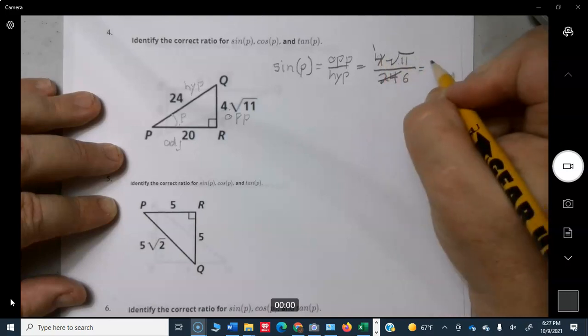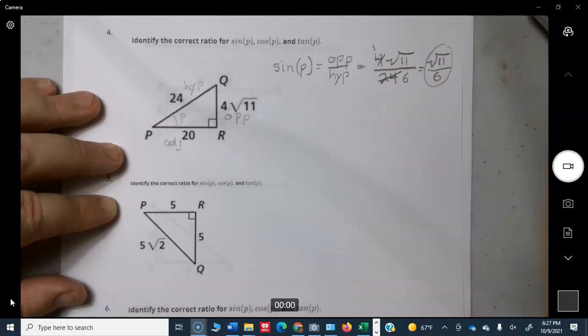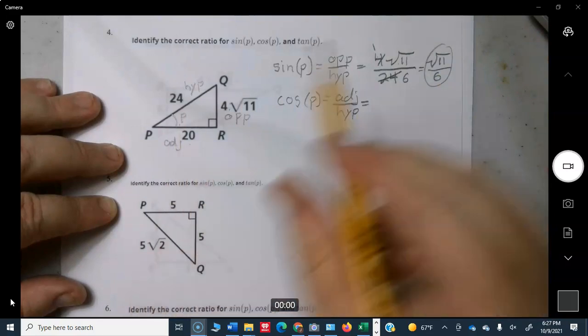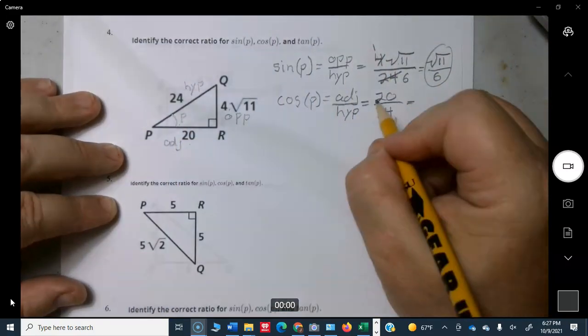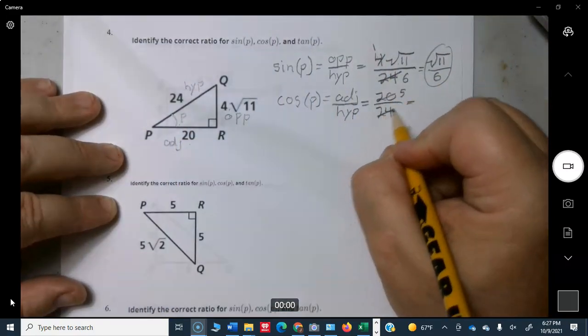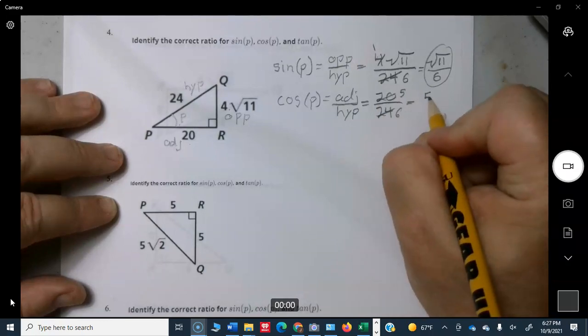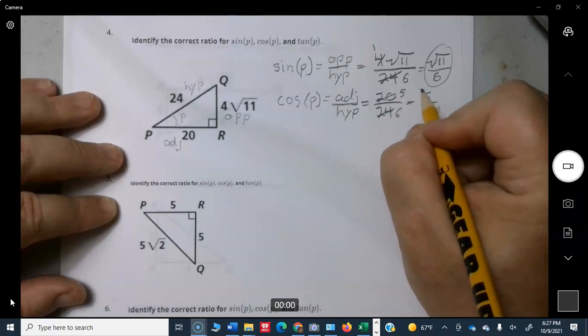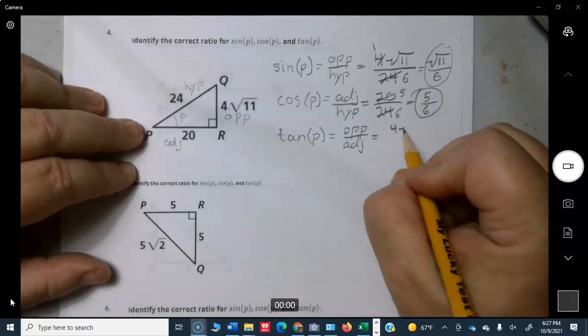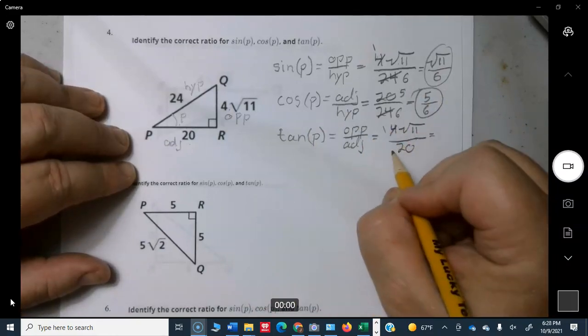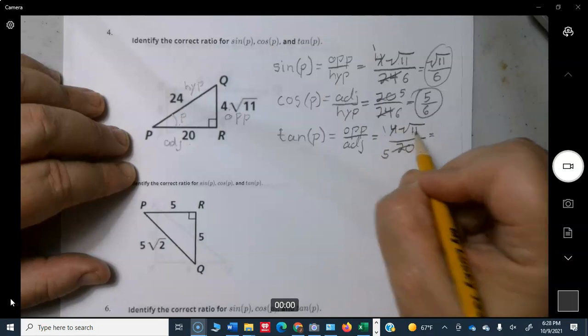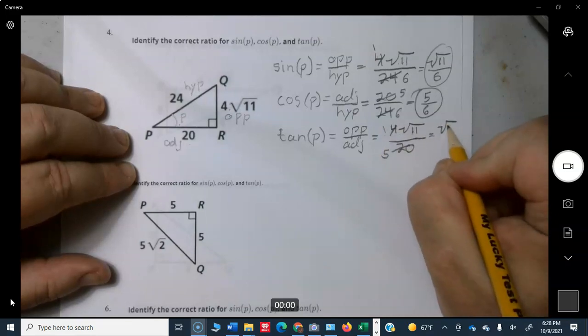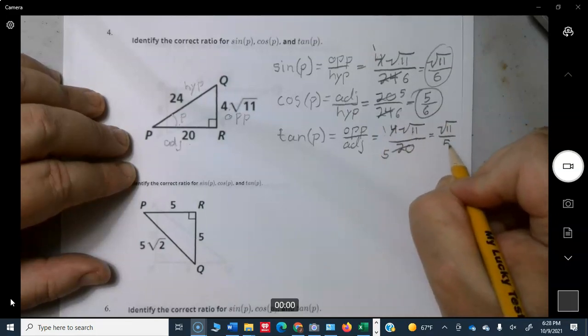So 1 times root 11 is simply root 11. Okay, adjacent is 20. 4 goes into 20 5 times, goes into 24 6 times, so that's the reduced answer there. 4 goes into 4 once, goes into 20 5 times, so 1 times root 11 is root 11 over 5, and